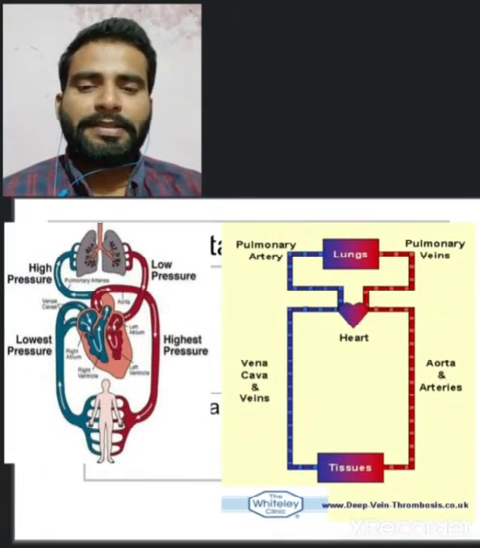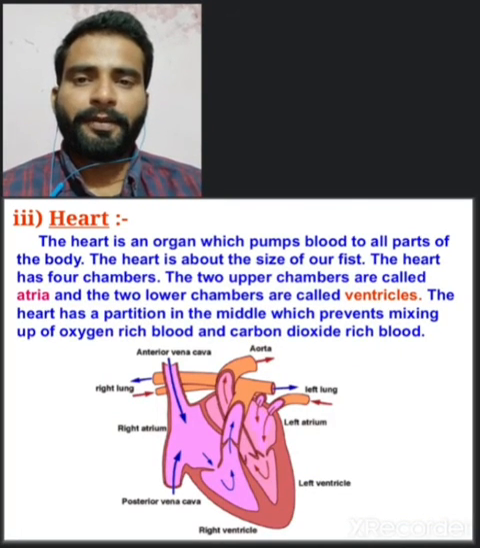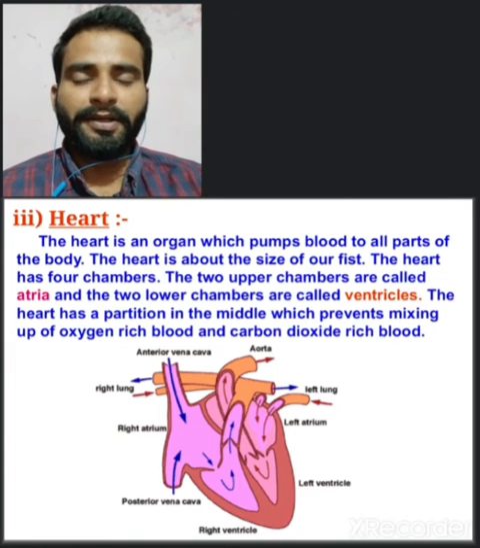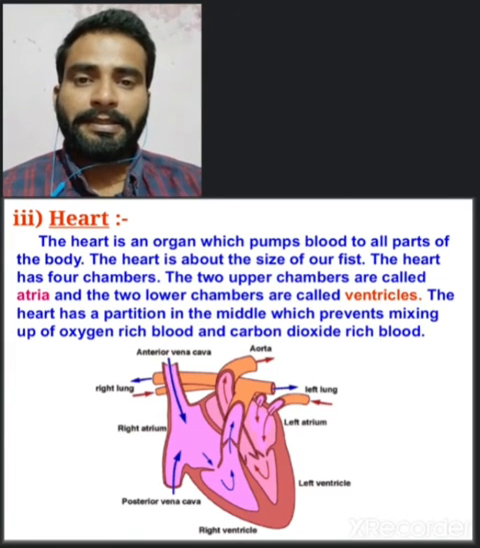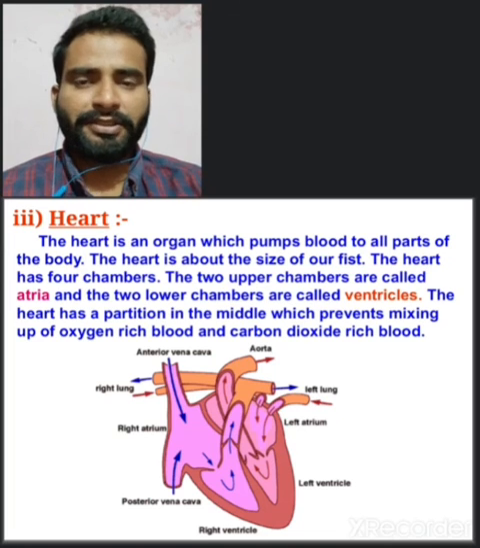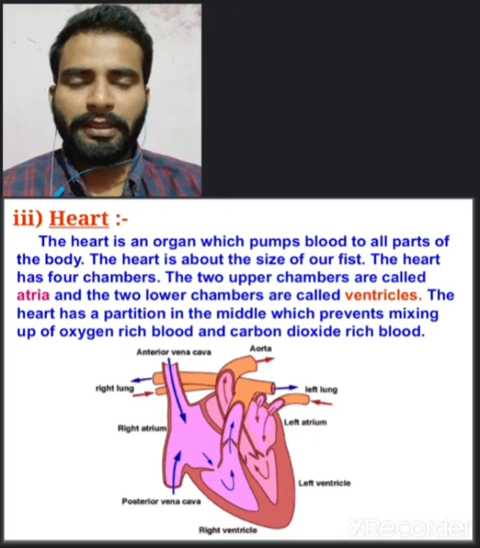After that, the third part of the circulatory system is the heart. The heart is a very sensitive organ of our body. The heart is an organ which pumps blood to all parts of the body. The heart is about the size of a fist. The heart has four chambers, two upper and two lower chambers. The upper chambers are known as auricles and the lower chamber